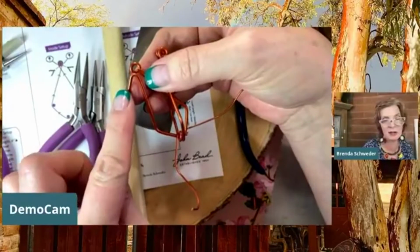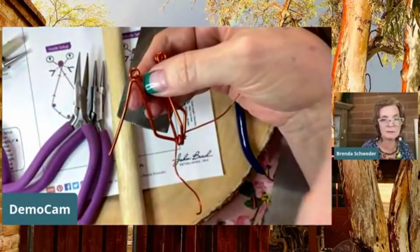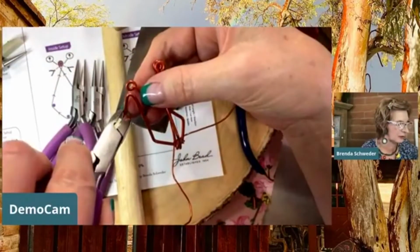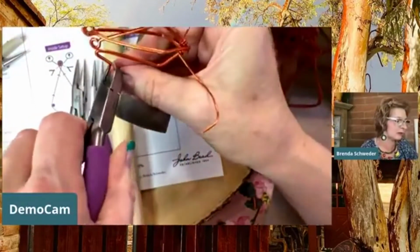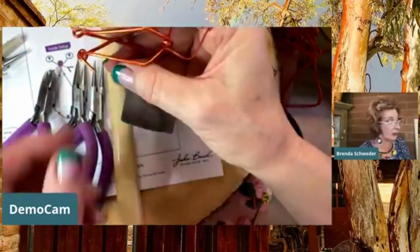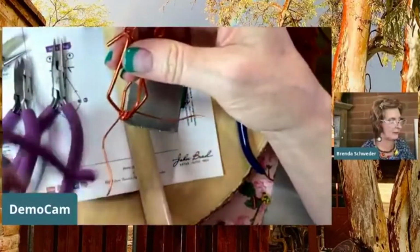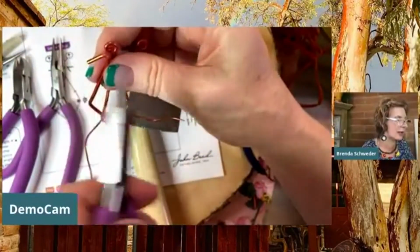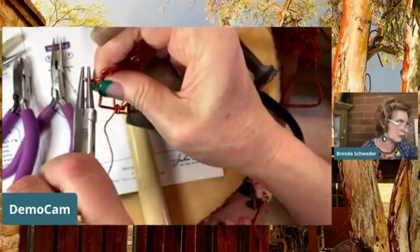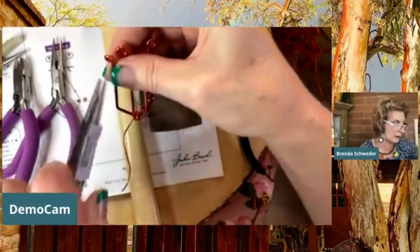Generally I know that I'm going to use about 3/8 of an inch when I make a plain loop, but I don't want to mess up, so I'm going to just go with like 1/2 an inch. I'm doing this differently, a couple different ways, because that's how I roll, and that's how I get myself in trouble as well. So let's see if we can get this into a nice, it's 12 gauge, so I'm also adding some length because of that. Okay, so I'm going to roll this back up and roll, roll, roll, roll, roll, roll, roll,